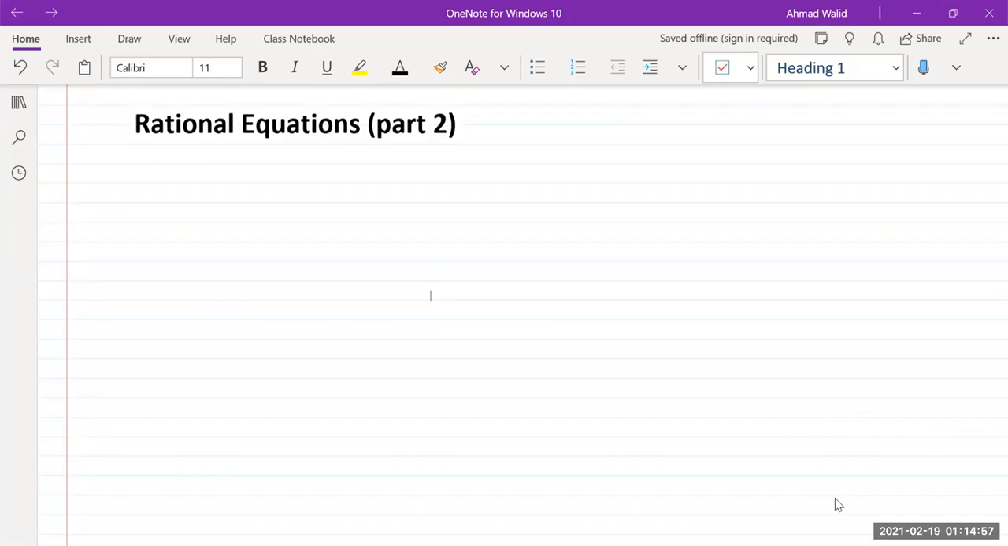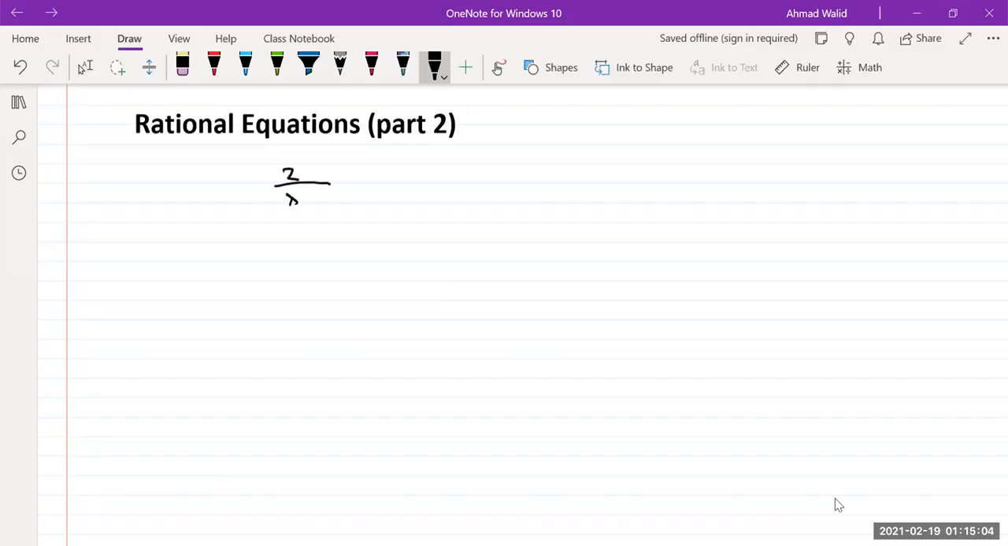I covered rational equations like this. For example, 2 over x minus 3 plus 3 over x minus 3 equals 6. Here, denominators were the same. It's really easy to solve this equation. What you do, you just take one of the denominators and you multiply it to every single term involved in your